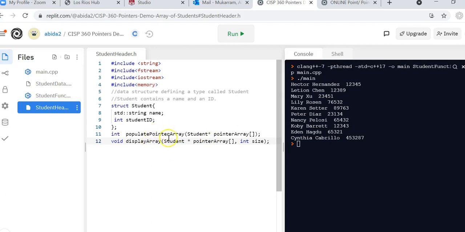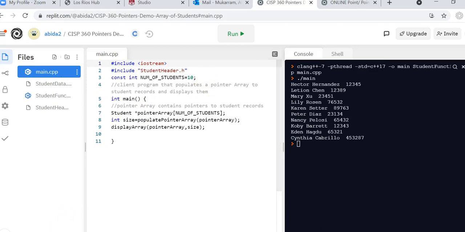So when we go through both of these methods, this will give you sufficient ammunition to very easily tackle the programming assignment 11. The one thing I'd like to point out is the inclusion of memory. Some of your IDEs may include memory. Replit works without it, but for sure there could be other IDEs that need it, so it would be wise to include that. The other thing I wanted to point out is